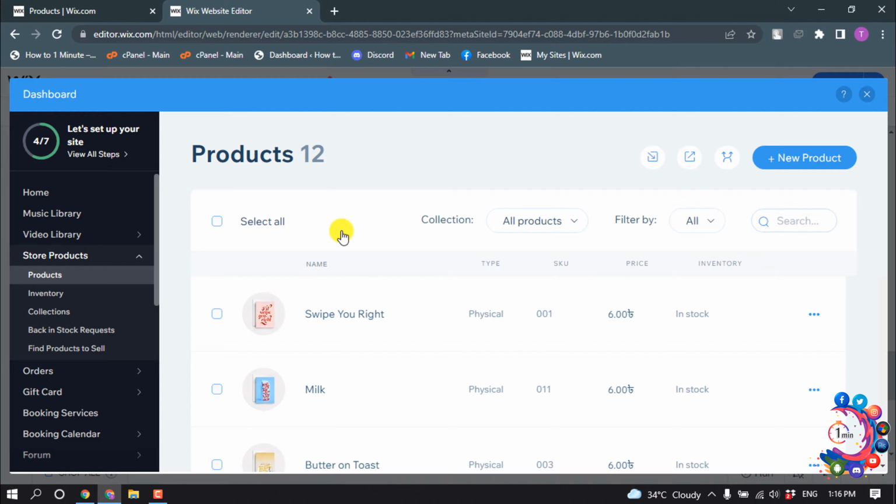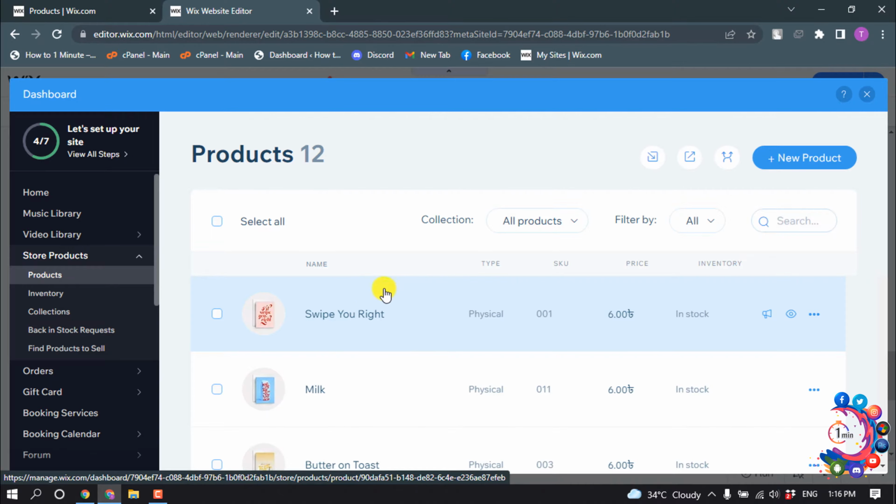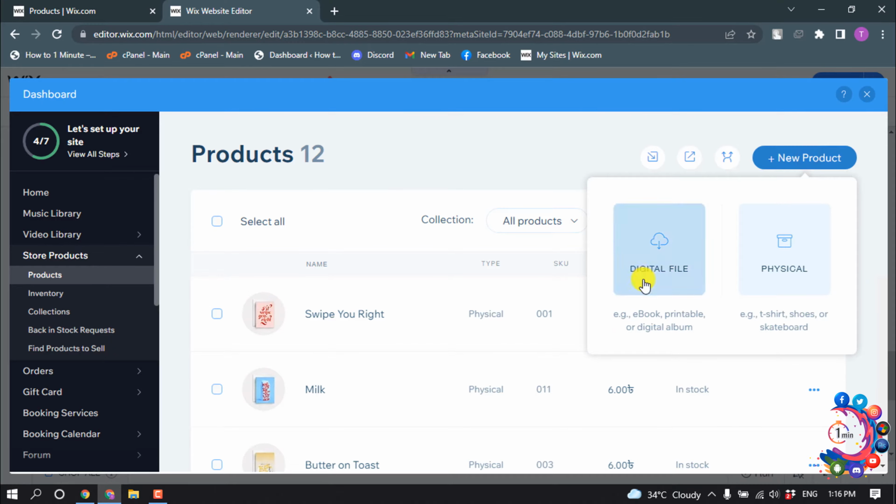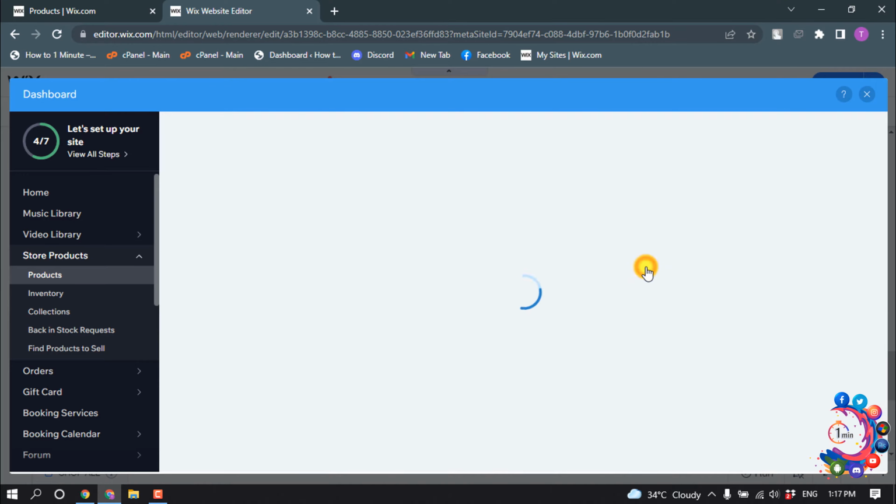And right now I have a total of 12 products on my Wix website, and now we are going to add a new product. So I'm clicking on new product, and you can select digital file. Digital files can be used to sell an ebook, printable or digital album, and another is physical. For example, you can sell your t-shirt, shoes or skateboard. So I'm going to select digital file,